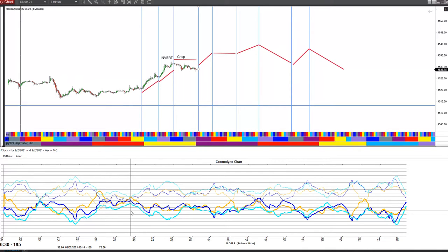So if we continue to track the upper blue line, which is the one I've plotted forward, so I've taken the main plots and I've drawn the red trend lines on the price chart to show the expectation. So now we're sideways. If we follow the inverted Cosmodyne line, we're going to trade up to about 7:30 here, which I have the 7:30 line plotted. Then we have another sideways action till about 9:15 or so here. Then that starts to move up again, and then I've plotted the key points out going forward up until the last trigger point,